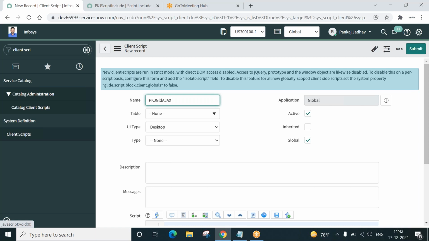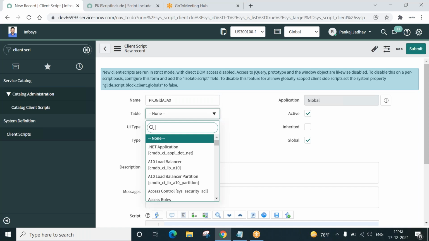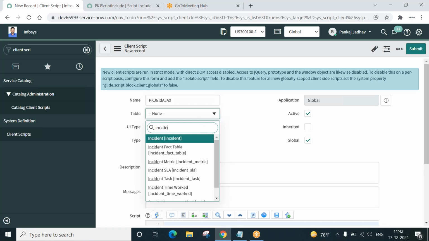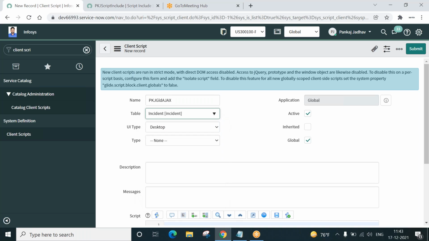The table will obviously be Incident. Select okay, UI type, let it be Desktop.